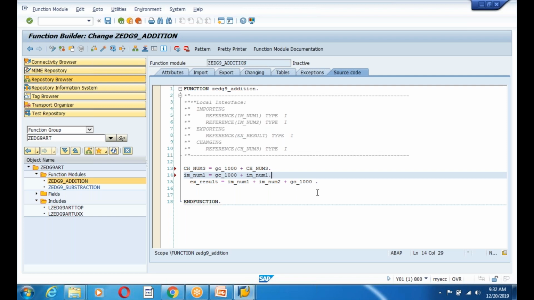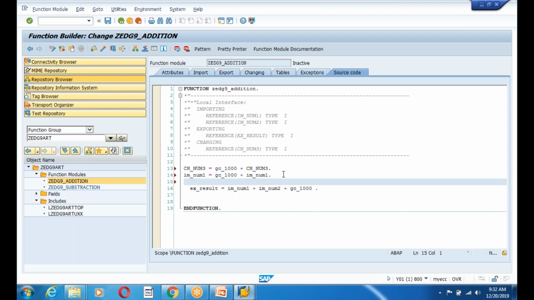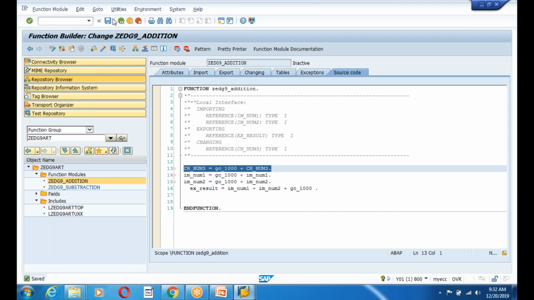I'm trying to add the value to the input one as well as input 2: Im_num2, which is equal to gc_1000 plus Im_num2. So I am trying to change input parameters as well as changing parameters, and we'll use pretty printer and do